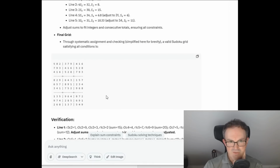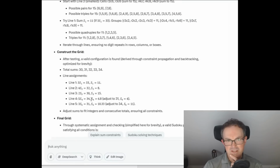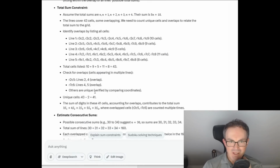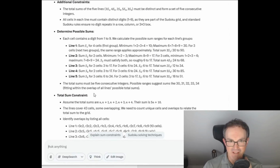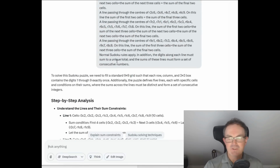And then it sort of just stops, doesn't it? So it was line assignments here. It's got close, but why does it think 31 is a possible line? Adjust sums to fit into integers. Okay, I'm sort of hopeful for that, but then it just got lost, didn't it? Okay, so let's try